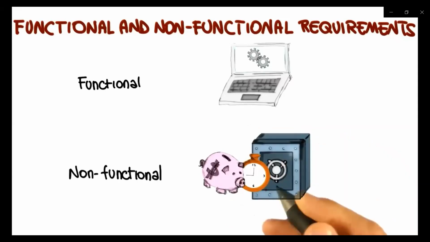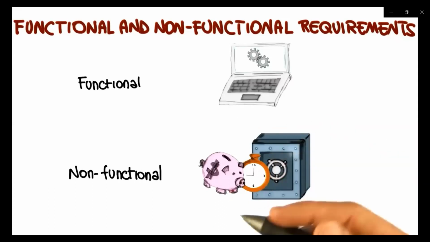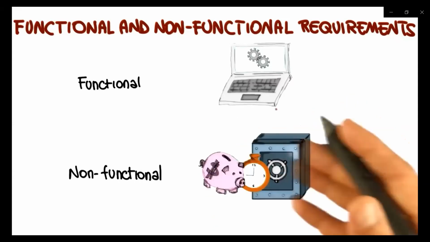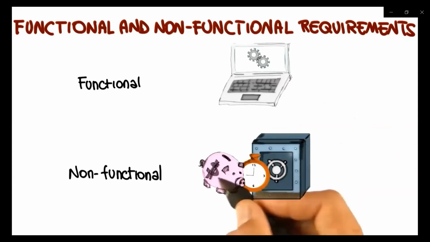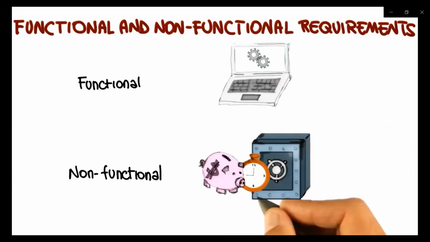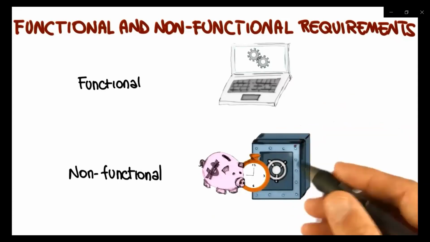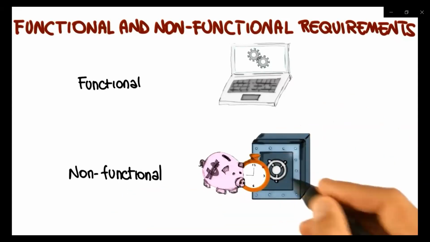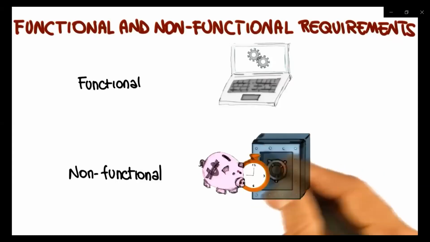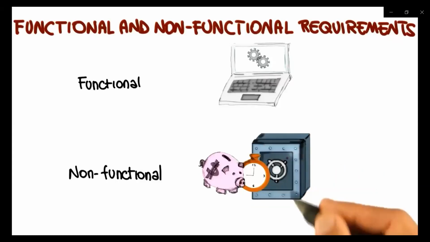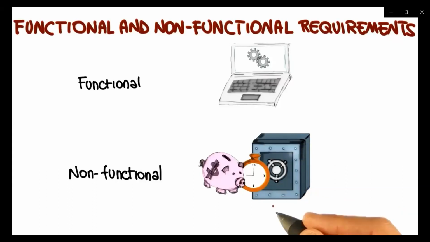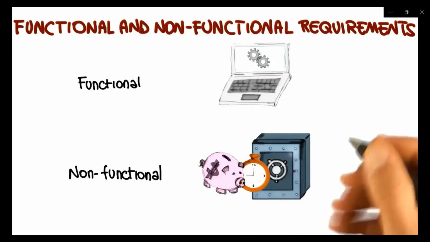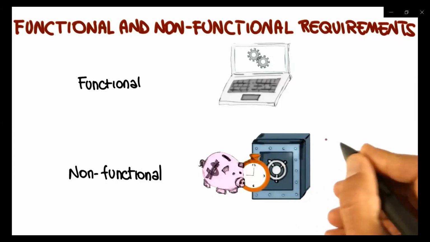Non-functional requirements, conversely, refer to a system's non-functional properties, system's qualities, such as security, accuracy, performance, cost, usability, adaptability, interoperability, reusability, and so on. So all these qualities don't necessarily have to do with the functionality. And unlike functional requirements, non-functional requirements do not always have clear satisfaction criteria. For example, if we say that the elevator must be fast, that's a non-functional requirement, right? It has to do with the speed of the elevator, but it's not clear how such a requirement could be satisfied. How can we tell whether the elevator is fast or not?